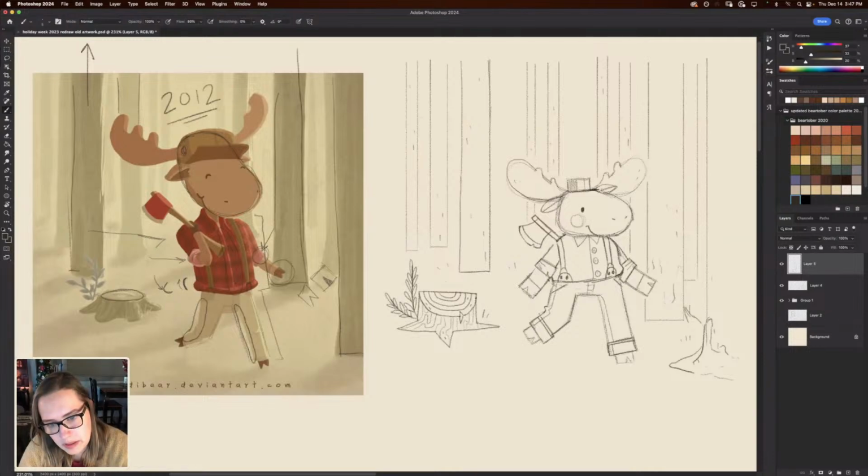And if I wanted to add some snow to the little stump, I could add in some little snow blobby shapes, you know?